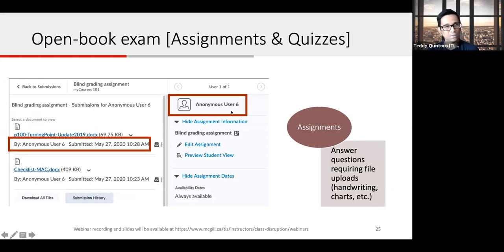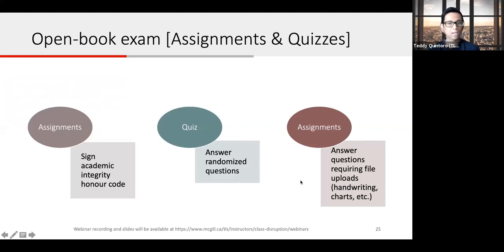So you can see here that there's no name to the student, and also here, no student's name. A good practice over here is to make sure that students don't attach their names to the file name, so that there's no giveaway there if you plan on doing blind grading. So the key idea here is to use many tools to match the different parts of the exam that will help students submit their work and for you to give